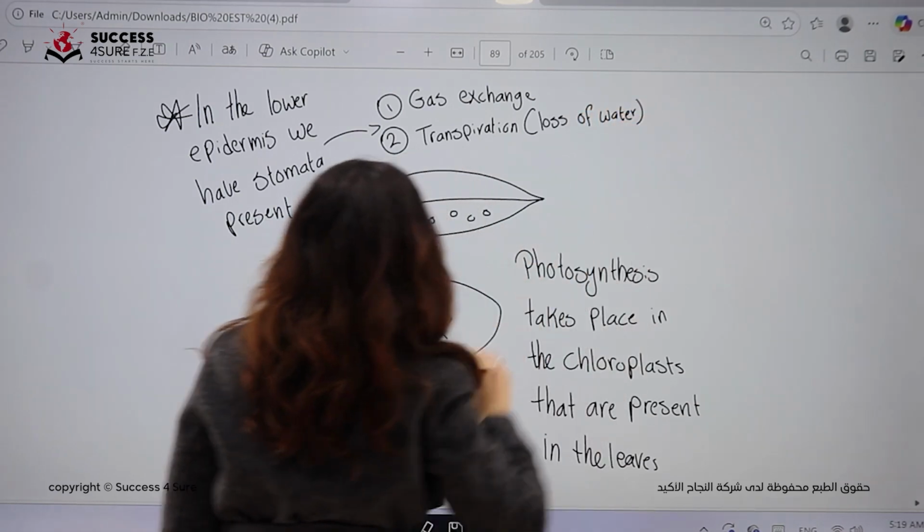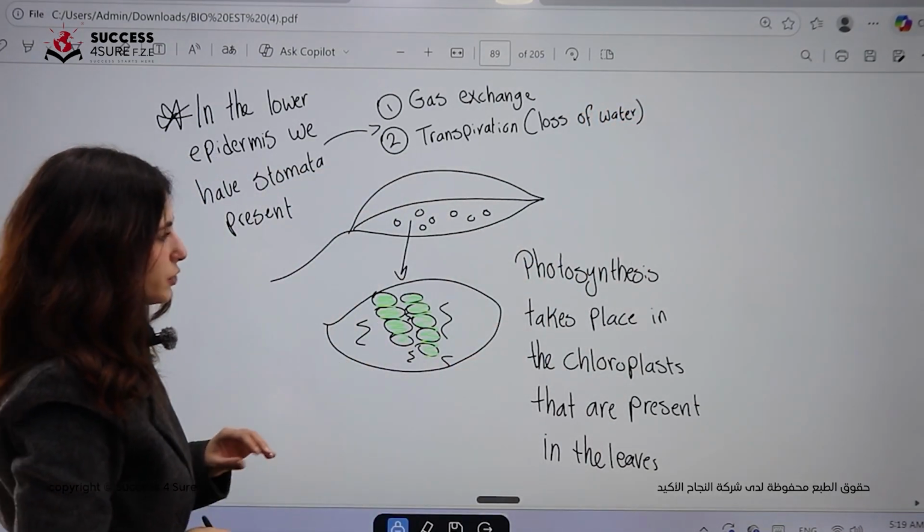Okay, now another thing that you should know about chloroplasts